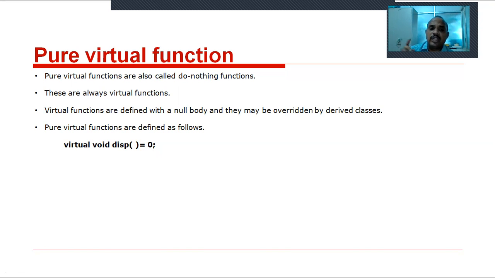Pure virtual functions are defined as follows. This is the general syntax of the pure virtual function: virtual void display equal to 0. That is a null body. After declaration of a pure virtual function in a class, the class becomes an abstract class and we are not able to declare an object. Clear? These classes derived from the abstract classes are